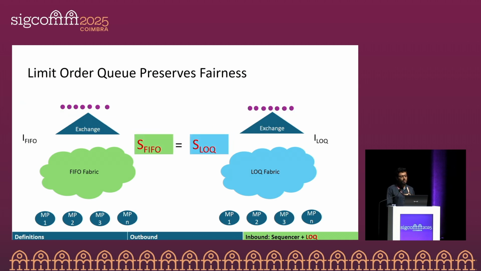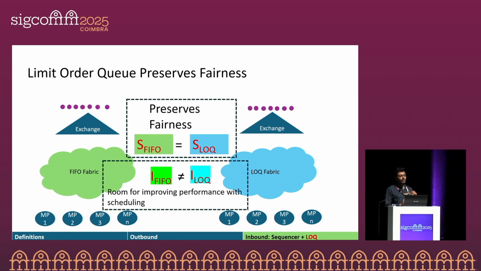Similarly, when you have a limit order queue fabric, suppose there comes in a sequence of orders, and the exchange sees a subset of them, and finally produces a sequence of processed orders. What we want is these two sequences, the FIFO processed orders and the limit order queue processed orders, to be the same. Okay? And this is despite the fact, or in fact, because of the fact that the ingress of orders coming in at the exchange with the FIFO does not exactly match the ingress of orders coming in with the limit order queue at the exchange, right? So that difference in the input at the exchange is the room that you have to improve the performance of the exchange server, because you can select those orders that are more likely to be matched while keeping that sequence the same, okay?